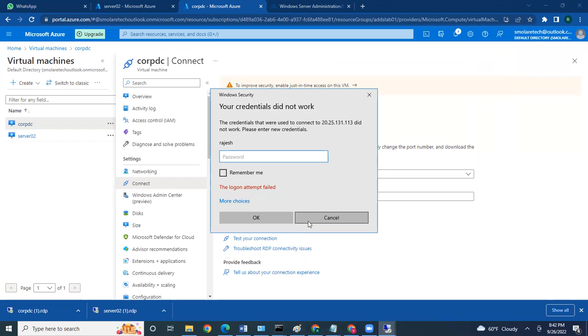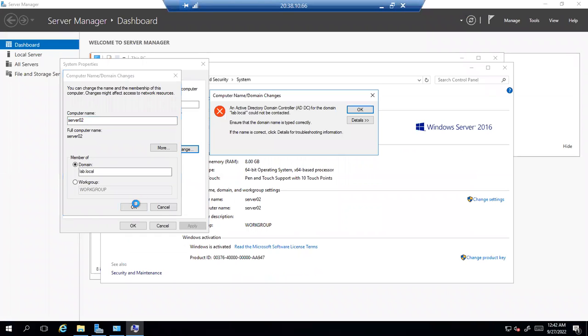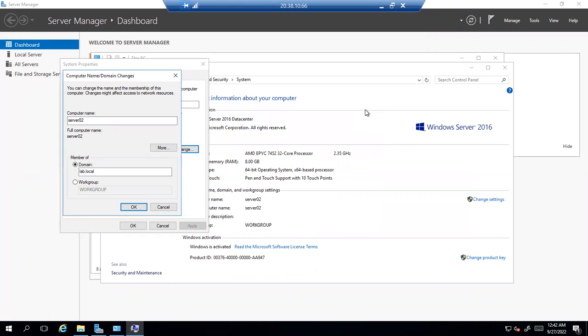All right, so it sounds like my password is not working. We're going to have to spend some time again. I think spinning up again and joining into the domain might take some time. So I think I will show it in the next class. But for now, I'll just explain clicking on